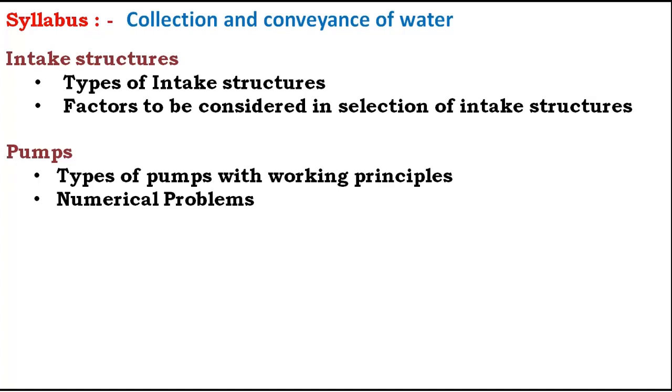Next heading is the pumps. You already know, whenever you deal with water, whenever you supply water from one point to another point, you require a pump. Not in all cases. If gravitational flow is there, then it is not required. If you want to send the water from lower elevation to higher elevation, then you require pumps. Then we should get an idea of how many types of pumps are there, how they actually work, and which is a good pump for a particular project that you are going to study.